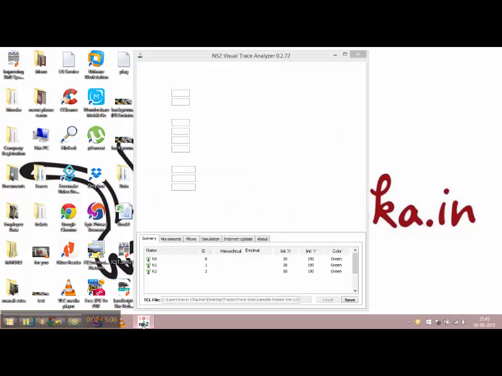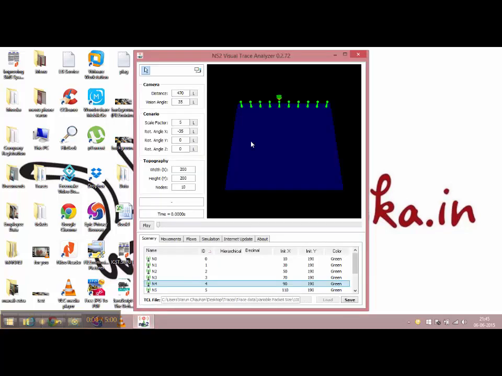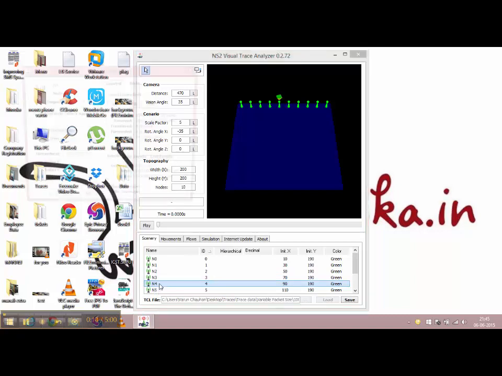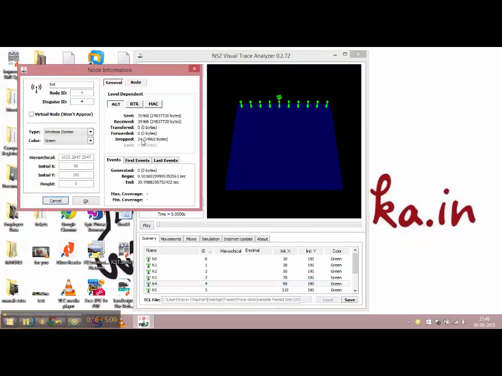Okay, now we'll work with the NS2 Visual Trace Analyzer. In this we have loaded the trace file as well as the TCL file. So over there we have the analysis. I'm checking for node 4, which was the router node. You can see there the number of packets that were dropped is 24. Now we'll see